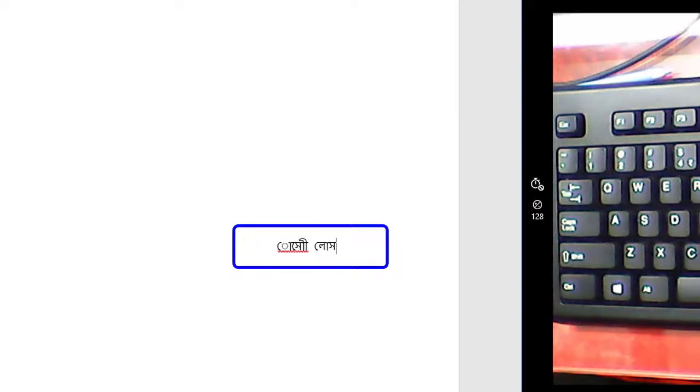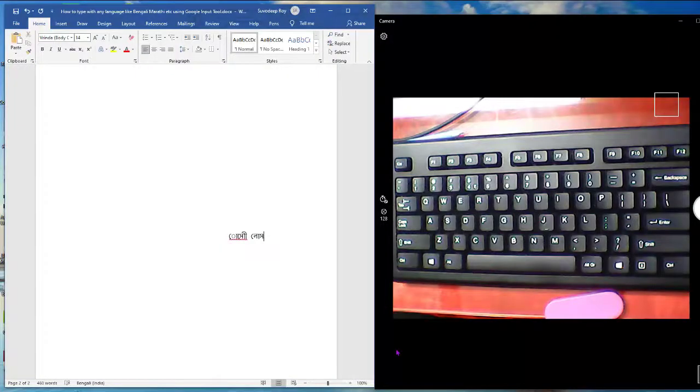So by using this Bangla language which has been installed with Windows, we are unable to write it properly. Or I can say, while we want to use QWERTY keyboard, that is normal English keyboard, to type in different languages, we may not get the output properly. We cannot use different languages through these language preferences attached with Windows. Now I will show how to type in different languages with general English keyboard by using Google input tools.